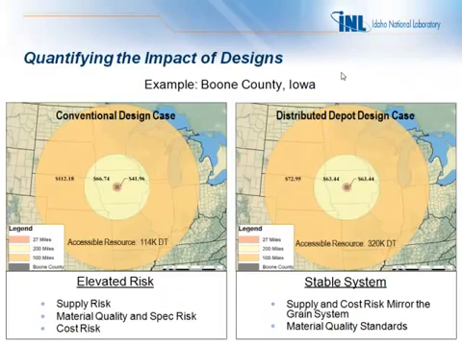Here we can see the economic impact of the conventional design system versus the distributed depot design system for Boone County, Iowa. What this data represents is data gathered over a 10-year span. We have the 10 years worth of harvest progression windows, and we use 10 years of climate data to determine the amount of resource that could be gathered